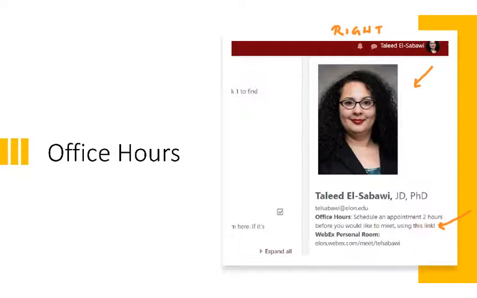Now, if you download a calendar event, you can put it in your calendar, and in the location place, you'll find where we're going to meet, which is my WebEx room. If you don't download a calendar invite, that's fine. Just come back here. Again, this is the Moodle page, the instructor block, and you will see my WebEx personal room, which is where we'll meet. You will click on that link,